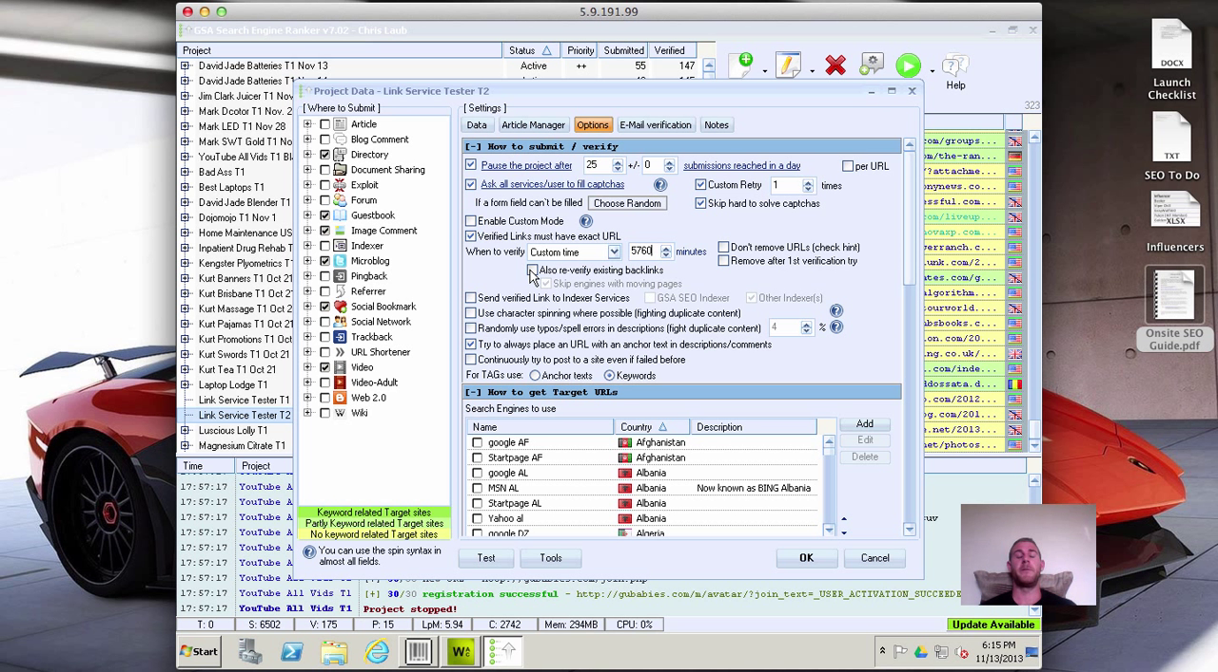Down here for also re-verify existing backlinks, this is important. This is more relevant on your tier 1s, not going to be so important on your tier 3s, but where it really matters is if you have reporting. For the most part, I wouldn't recommend using Software Blast to your client sites, but if you are, you'll want to go back and re-verify existing backlinks. Don't have this turned on all the time. Similar to how GSA